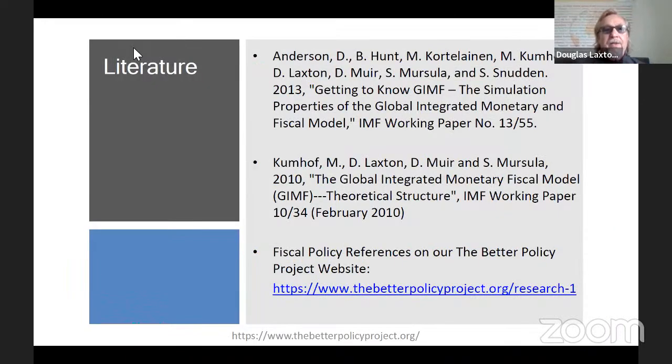If you want to look at two papers, the first one is a more practical paper where you can look at things like the properties of the model. In other words, we do a bunch of fiscal shocks and other types of shocks, and you look at the basic properties of a model like the global integrated monetary fiscal model. Again,